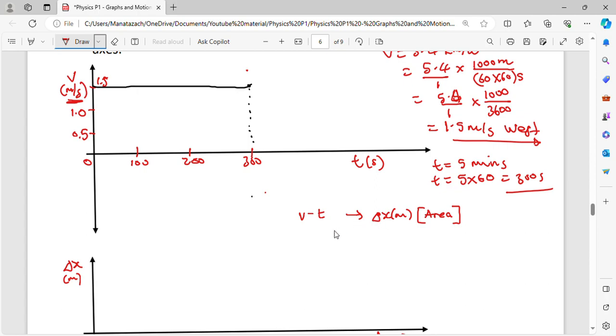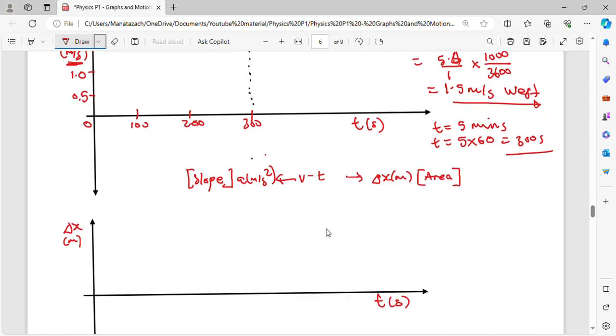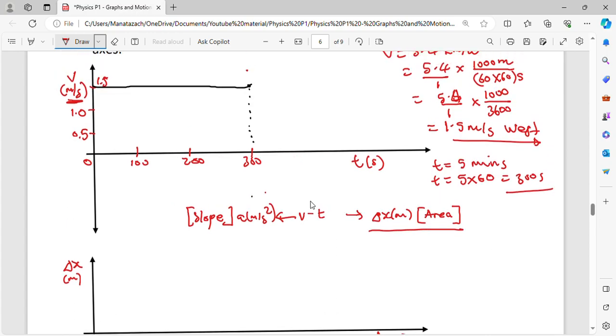So likewise, if you have to work out the acceleration in meters per square second, that means you need to work out the slope of the velocity time graph, then it will give you the acceleration. So for now, let's focus on the displacement or the position by working out the area. So the area under the velocity time graph